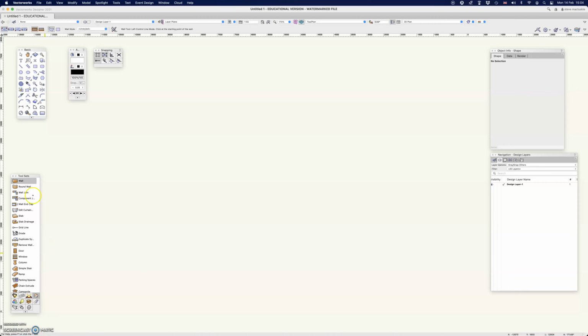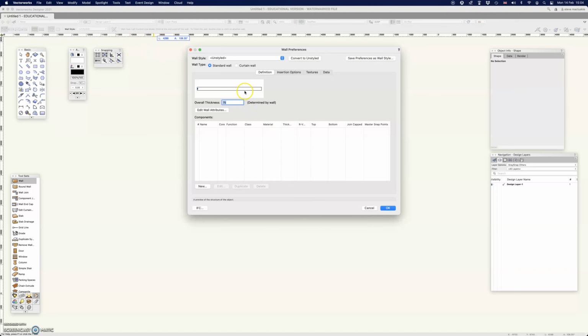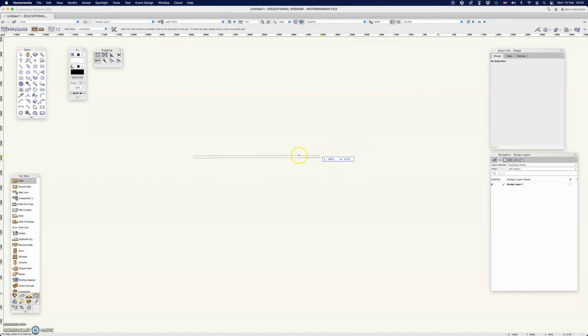Okay, here's a short tutorial using the wall tool to create theatrical flats, and importantly flats which maybe have a non-squared top edge. Hopefully it'll become obvious in a minute. So I'm just going to use the wall tool, and I have a separation on that wall of 75 mil, or 3 inches if you like, but we'll call it 75 mil,